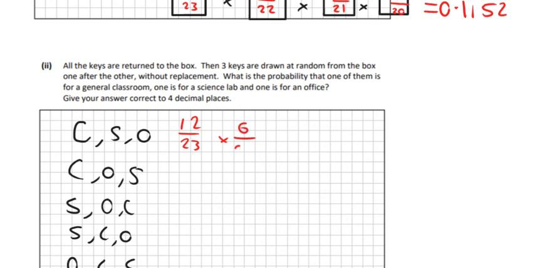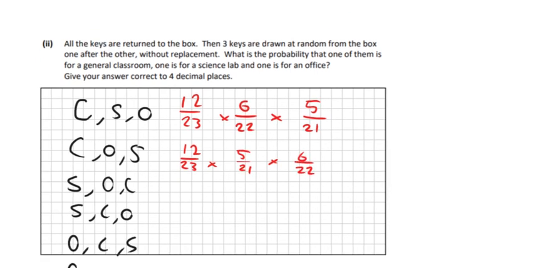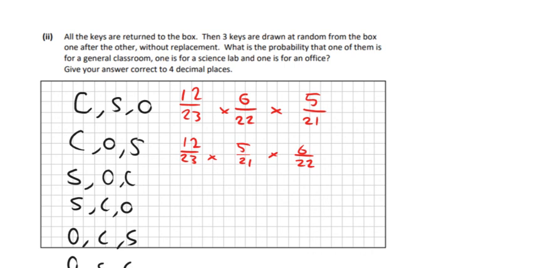Remember, it's out of 22 then, and then there was 5 office, so 5 out of 21. If it was classroom, office and science, that would be 12 over 23 times by 5 over 21 times by 6 over 22. If it was a science lab first, it would be 6 over 22 times by office next is 5 over